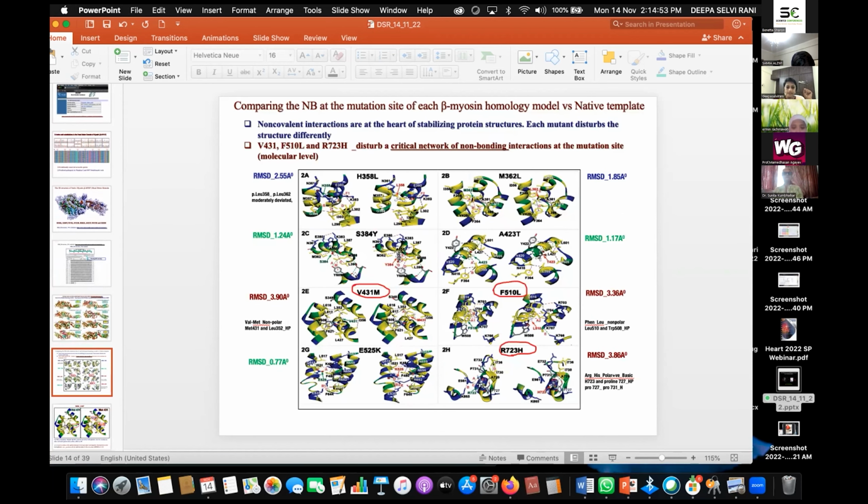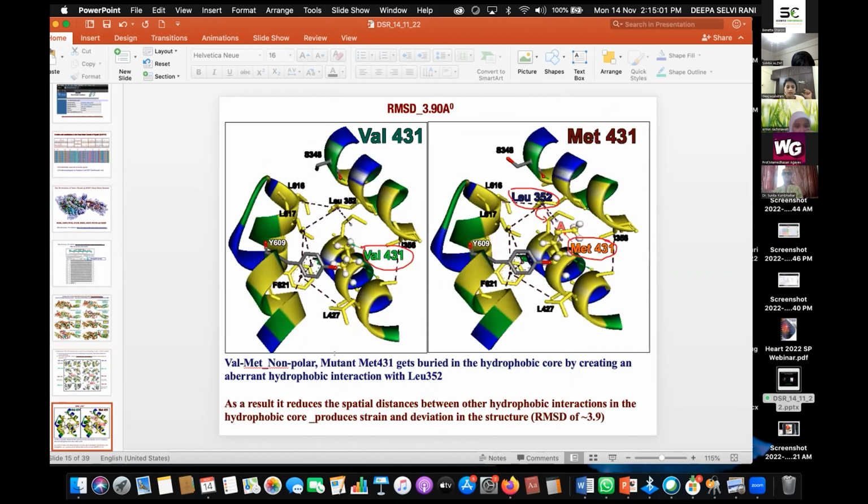So these three showed more mutation in the critical network, and I wanted to explain them one by one. In this case, valine is mutated to methionine at position 431. Both valine and methionine are non-polar residues. This methionine, the mutant methionine,